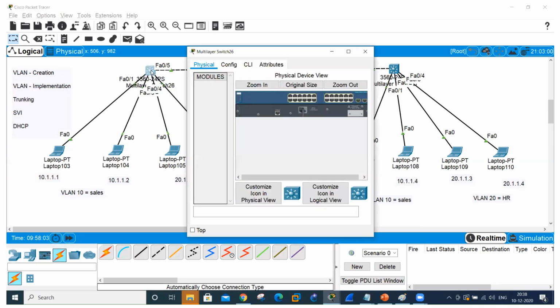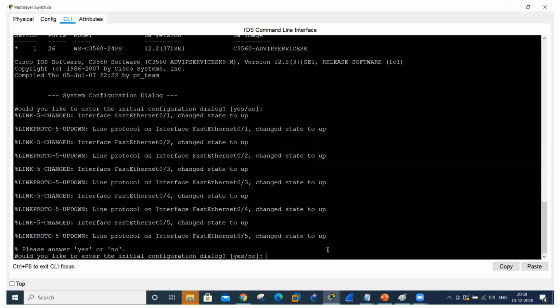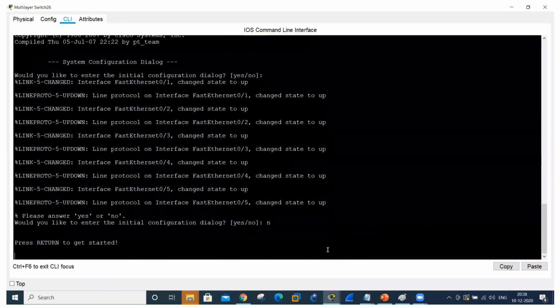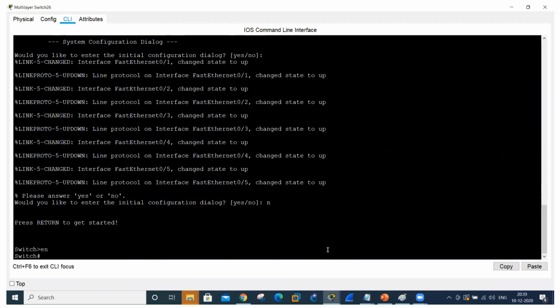So let me go to the switch. This is our command line interface, and that is the screen which you see when you go into the Cisco IOS switch. Would you like to enter the initial configuration dialog? Say no to this, otherwise it will take you through a wizard. Press return to get started, press enter, and type enable, or just the shortcut EN, and you get into